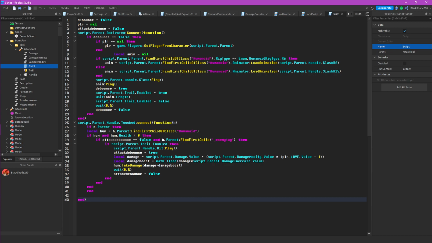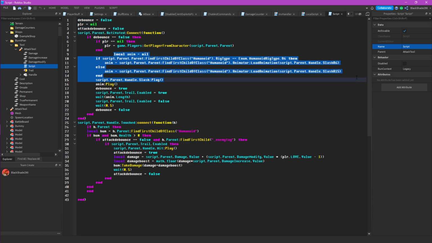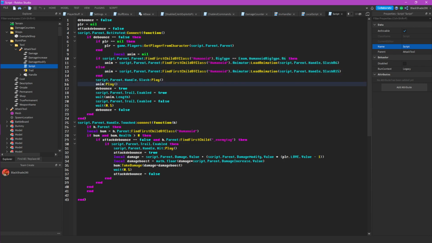So to explain this script, this is basically just saying the damage is activated when you press your mouse. When the mouse is activated, it gets the character and then plays the animation. So this is where the animation is, right here. So for example, when activated, it'll play this animation. It loads this animation, and then it plays it. So if you want, say, an effect to play when you swing, this is where you'd put it. So if you want the color change to play, you'd put it right after this,